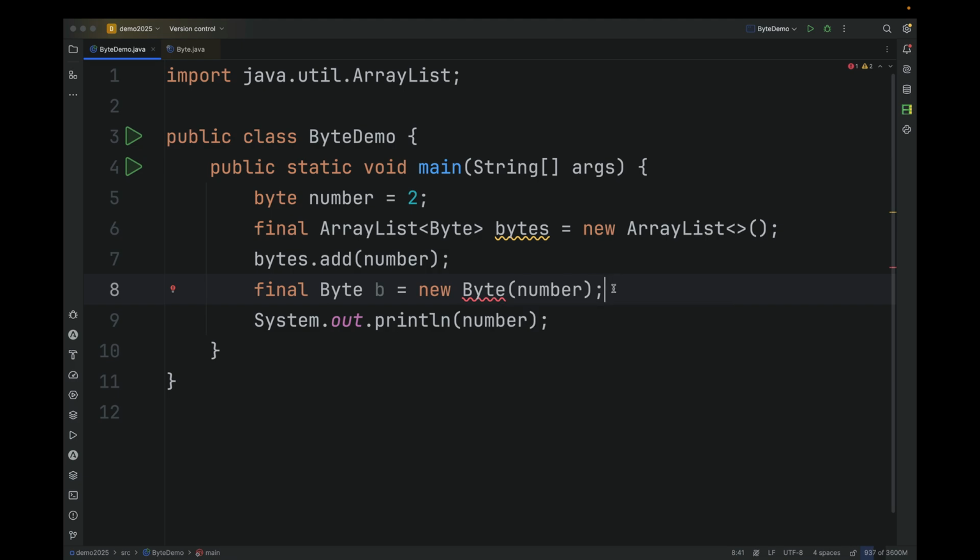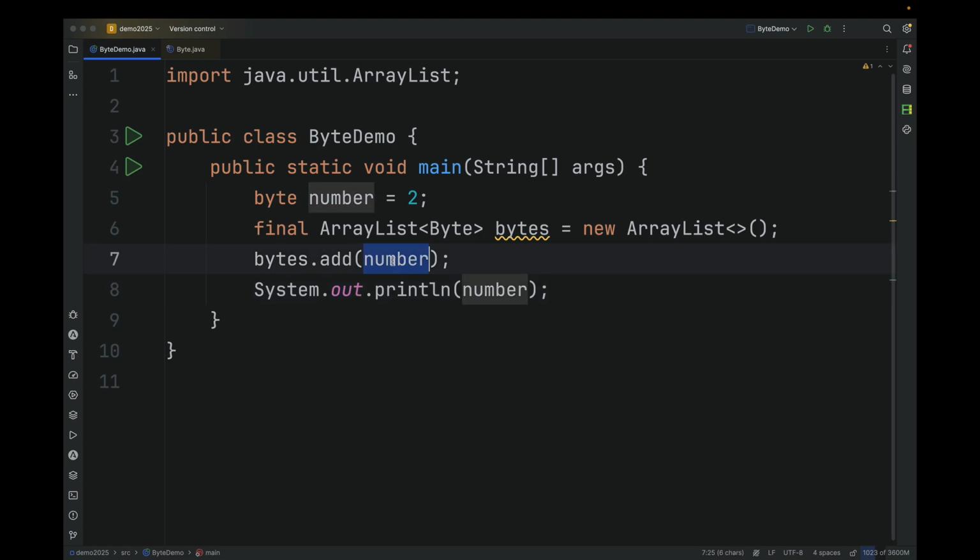What is the reason? Because we could end up creating many instances of byte. For example, we have a number here, 2. You might keep on creating many instances with 2 as the value. The possible values are from minus 128 to plus 127, but if you have to create thousands or tens of thousands of objects, obviously there will be a lot of duplicate objects which will unnecessarily consume more memory. For that reason, all the constructors have been